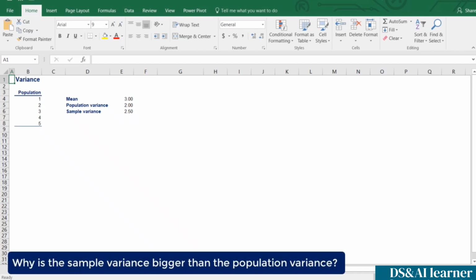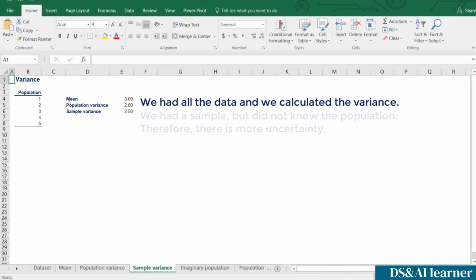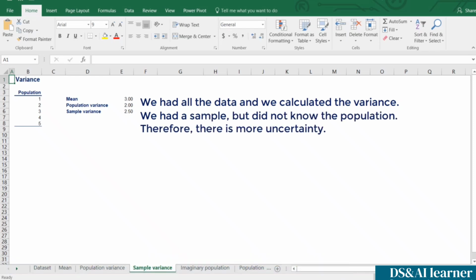To conclude the variance topic, we should interpret the result. Why is the sample variance bigger than the population variance? In the first case, we knew the population. That is, we had all the data and we calculated the variance. In the second case, we were told that 1, 2, 3, 4, and 5 was a sample, drawn from a